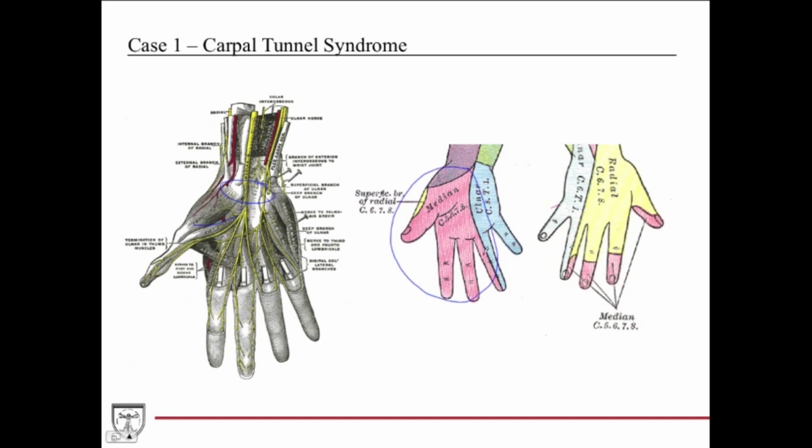So it does the first 3.5 digits. So it does half of the ring finger here, as you can see. This is only on the medial aspect. As you can see, the radial nerve is responsible, with the exception of the fingertips, for most of the dorsal aspect of the hand. And then it innervates the first two lumbricals here, and so that's going to give you the symptoms for carpal